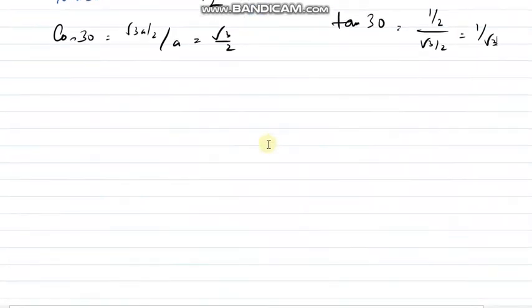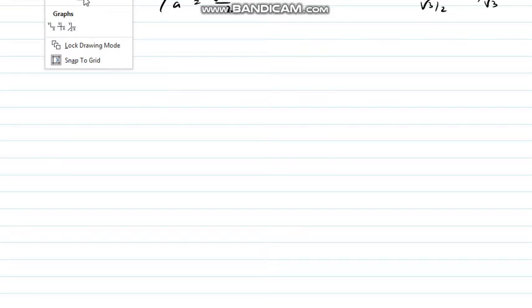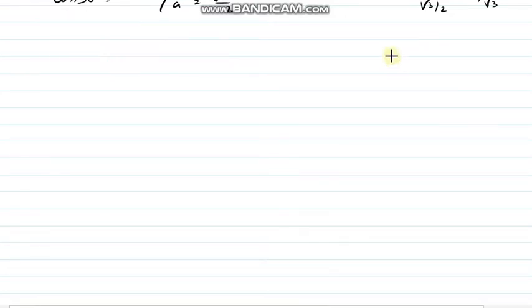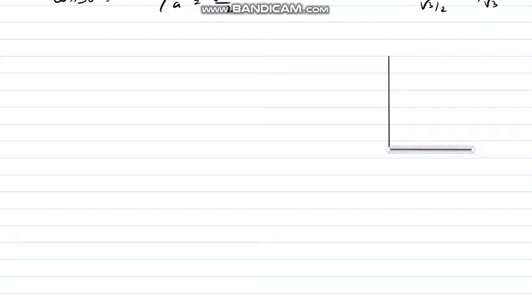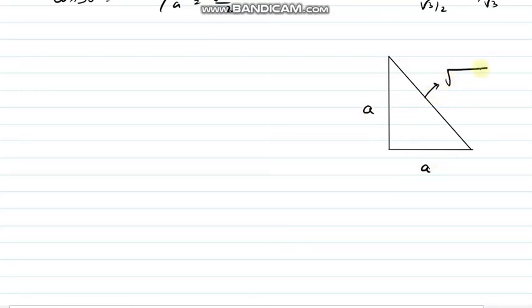Right? Now, how to find the value of 45 degree angle? For the 45 degree angle, what we are going to do, I am going to draw one right angle triangle, not only a right angle triangle, one isosceles right angle triangle. So what will happen in an isosceles right angle triangle? Except the hypotenuse, the other two sides are equal, right? So as the other two sides are equal, if I take this as a, this as a, then this side will be root over of a square plus a square, root over of 2a square, so it will be root 2 into a. So as this is 90 degree and these two sides are equal, what will be this angle? That will be 45 degree, right?